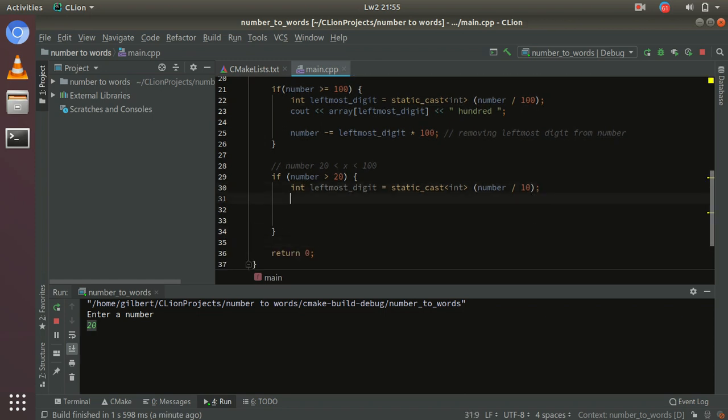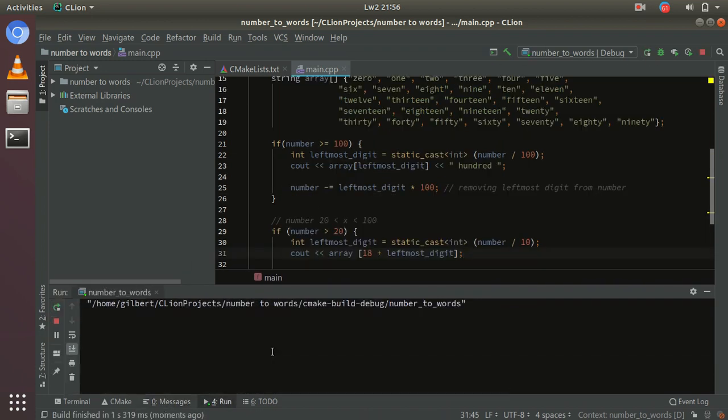Okay, so what I mean here, I'm going to say out, array, leftmost digit plus 18. Okay. Does that make sense to you? If you want me to make it clearer to your eyes, let me put this 18 in front. So 18 plus leftmost digit. So if I run it and I enter like